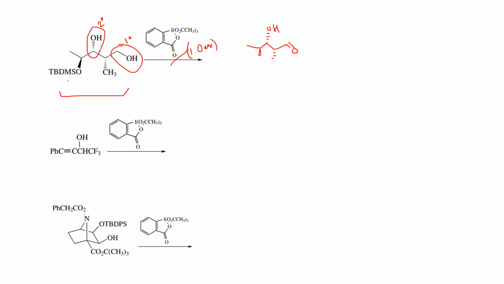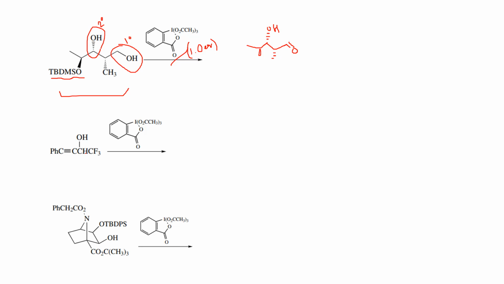There's another thing also, this is a protecting group. This is a silyl protecting group. By using this reagent also, this protecting group is unaffected. It does not get opened up. This protecting group, we will discuss in the upcoming classes. This is called a silyl protecting group. This protecting group is also unaffected by the reagent.